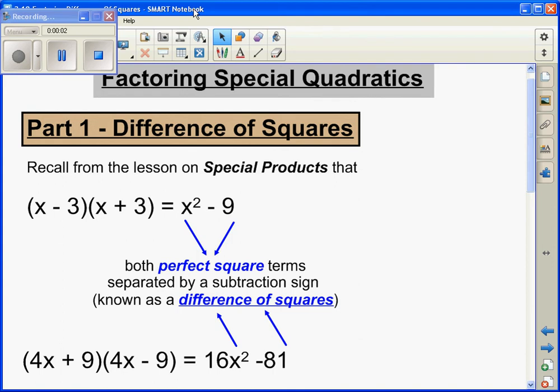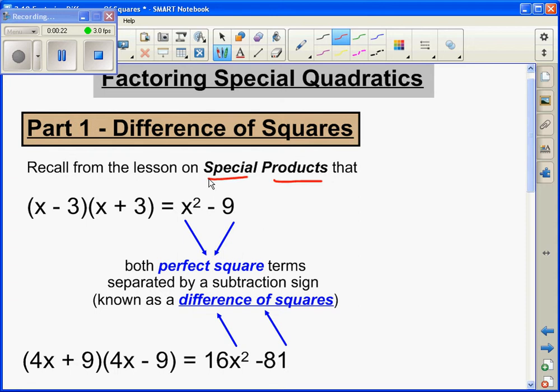Okay guys, so I just wanted to record a difference of squares lesson. This is a type of factoring. It's actually one of the easier types of factoring, but unfortunately one of the most easily forgotten types of factoring as well. So a really quick recall from some of the stuff that we've done before this unit regarding special